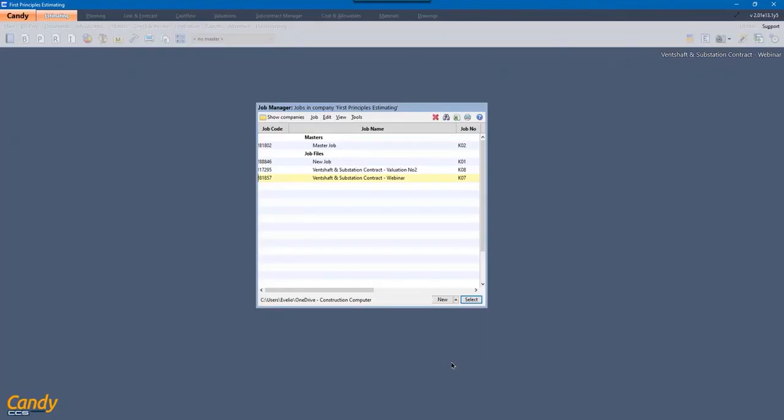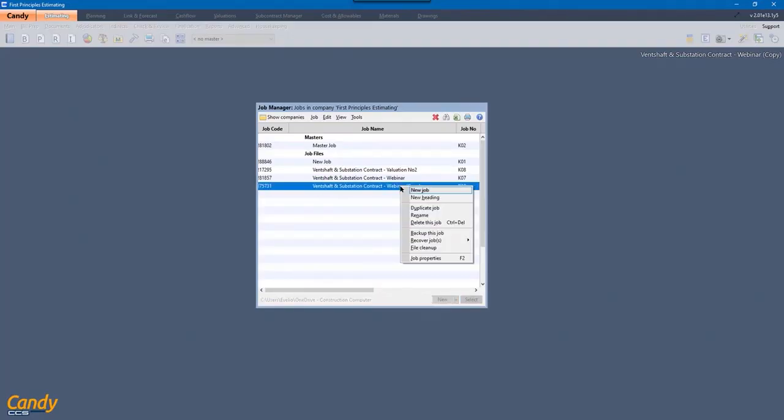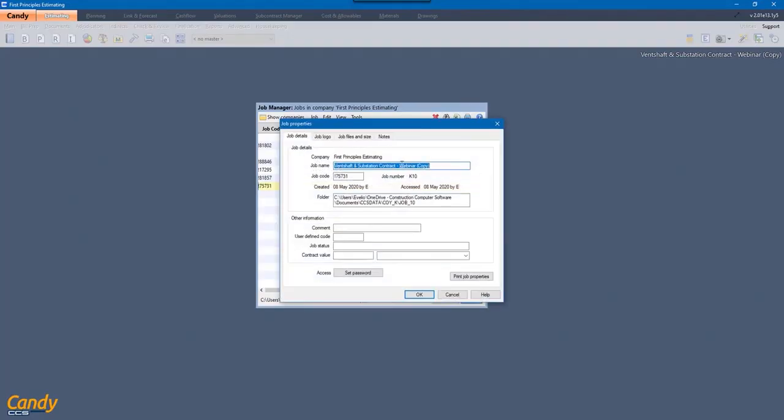Okay, so back into Candy, and what we're going to look at is re-engineering this estimate. So typically what we'll need to do is have a copy of this job, because generally you'd have your estimate and you'd want to keep a copy of that, and you'll re-engineer it, so you don't want to make changes to the original estimate. You want a copy of that just for reference purposes. So it's good practice to always make a copy. Just right click and duplicate it. And then this copy, I'll rename that to remodeled. And this will be the one I'll be working on.